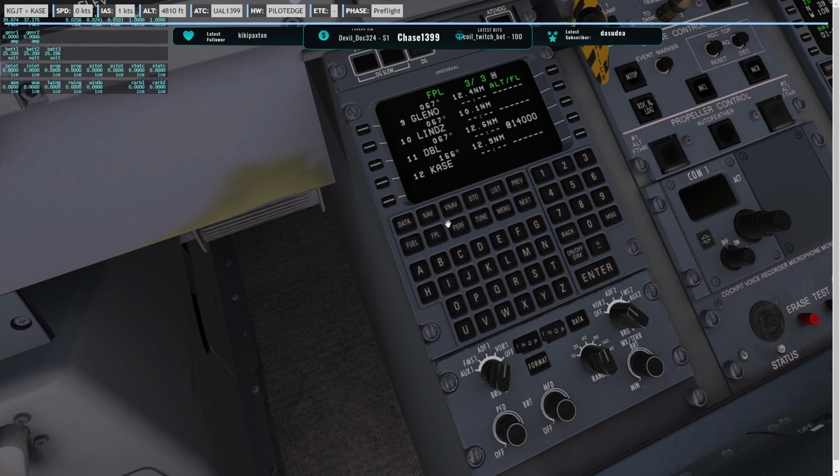That should work fine. All right, so now I do want to add some winds. Let's add the winds. To add winds, we're going to go menu, next, flight plan, wind,